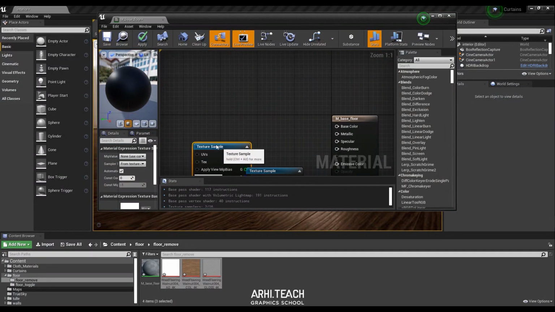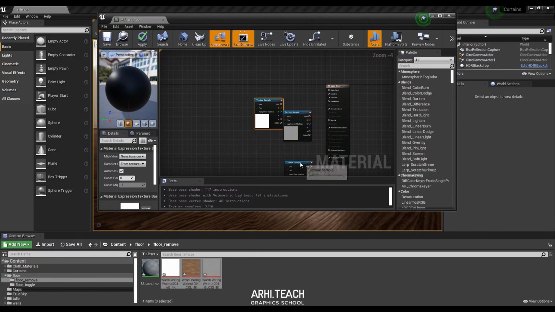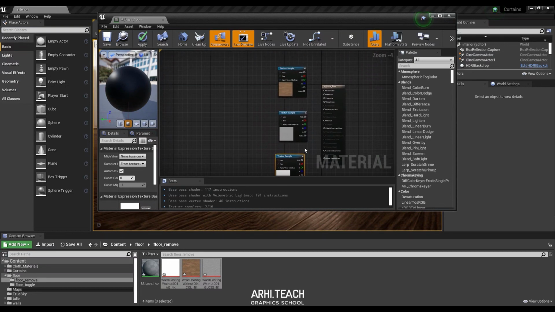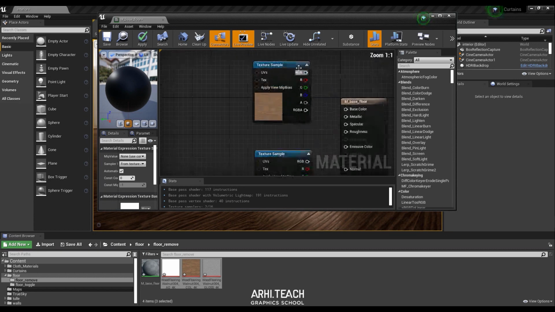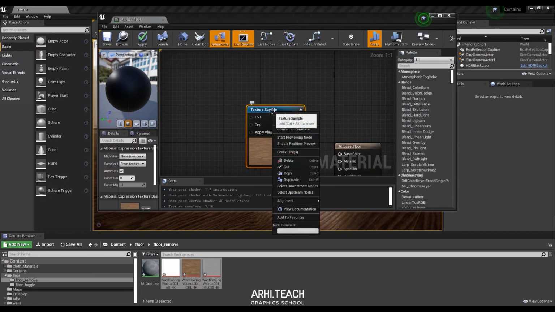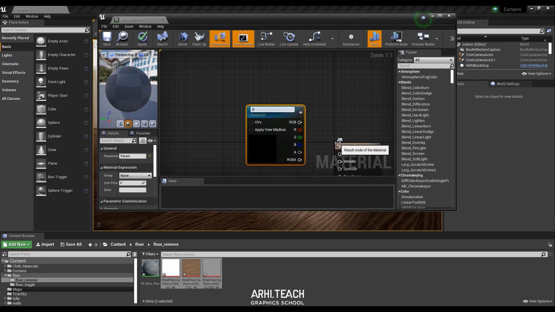But we don't need this optimality. We need each texture to be replaceable so that we can change it. Let's say we want to create another material. For example, not a nut, but an oak, solid oak, and we just load new textures. That's great. How to do it? We don't need texture sample. We need to choose Convert to Parameter. And we sign here that this is a diffuse texture.